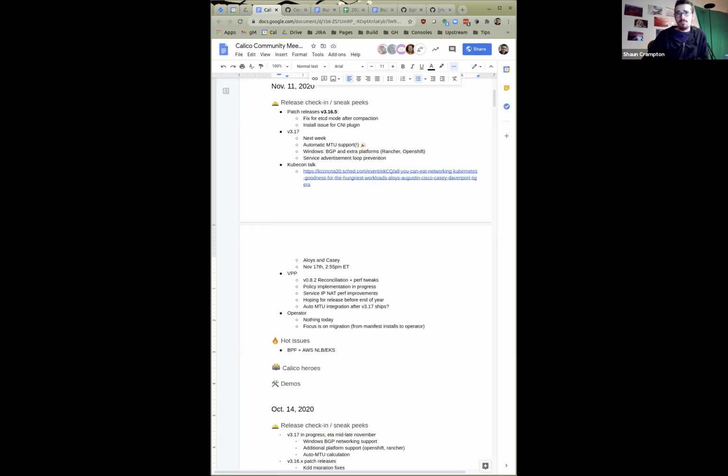Is this only in BPF mode? Yeah, I've only noticed the problem there. Maybe it was those stale iptables rules that you spotted. Those could be different, but I'm not sure where they came from. So we can keep chatting on Slack and see if we can figure it out. Yeah, still trying. Thanks.